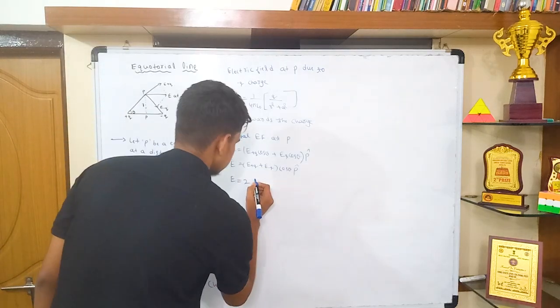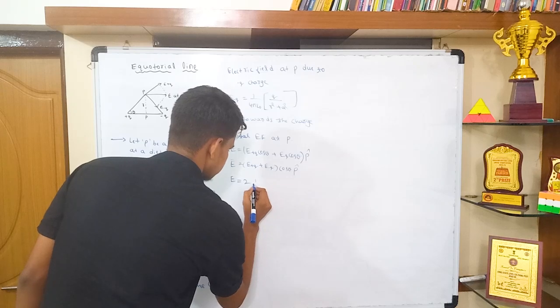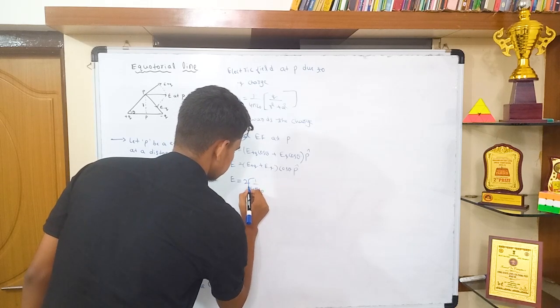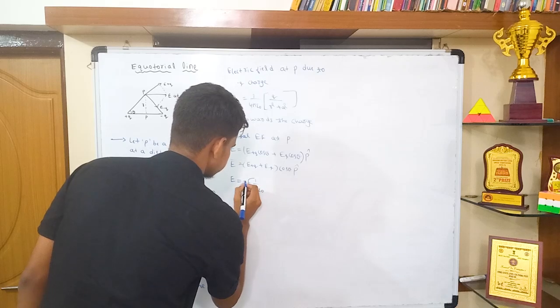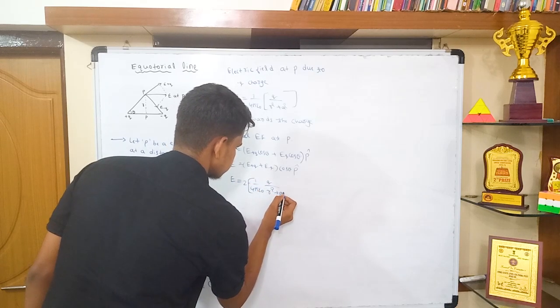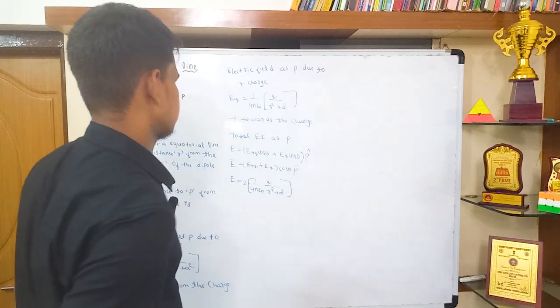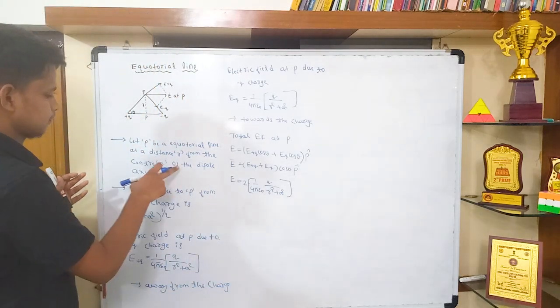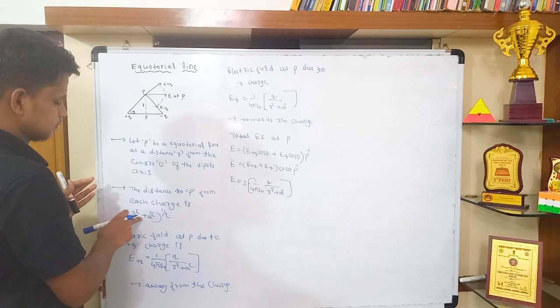ओके, लिख लो: 2 इंटू 1 डिवाइडेड बाई 4 पाई एप्सिलॉन नॉट इंटू q divided by r square plus a square. ओके, आफ्टर दैट कॉस थीटा को आपको कैसे लिखना है? कॉस थीटा को आप लिख सकते हैं, यहाँ पर मैंने आपको बता दिया है ना, आर स्क्वायर प्लस ए स्क्वायर